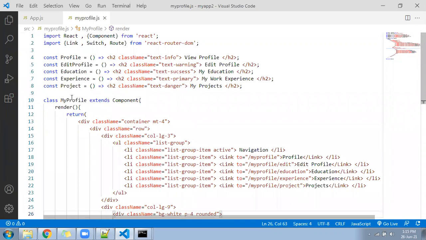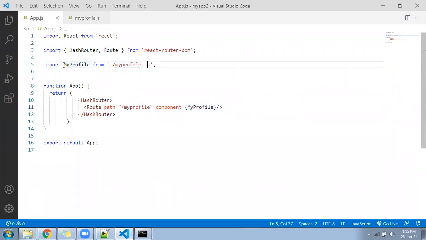First, I created the component MyProfile, and then I went to my app.js file and imported it here. After that, I installed React Router DOM. I called HashRouter and Route here. After that, I created the routing. Inside the routing, I added my profile page, and I gave the path as hash/myprofile. So this was single level routing. Till here it was single level routing that you are already aware of. In case you have a problem at this point, you can look into my video on the routing feature in React.js. I have already created it. Just have a look at that.